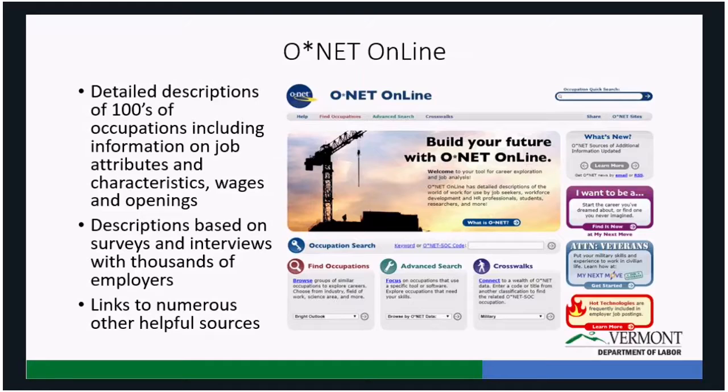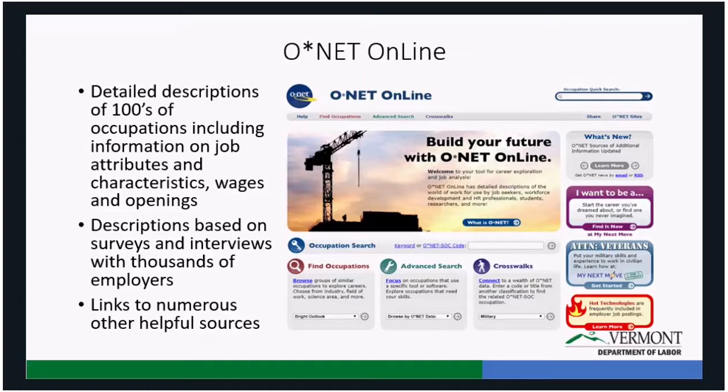Another useful resource is called ONET. Much of the stuff we discuss after this is actually generated from ONET. ONET gives descriptions of hundreds of occupations. You can simply type an occupation into the upper right-hand corner there, and it will give you excruciating detail of what that job does, what the people in that job do, the attributes of the job, the wages. It will tell you the skills, knowledges, and abilities required. It will tell you where that job is in demand, and it will also link you to